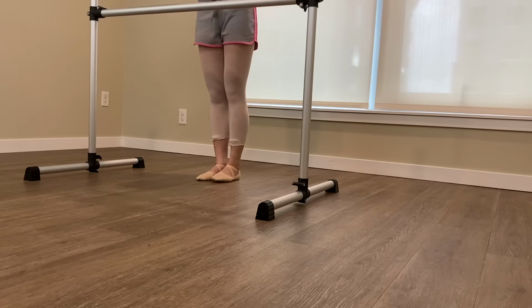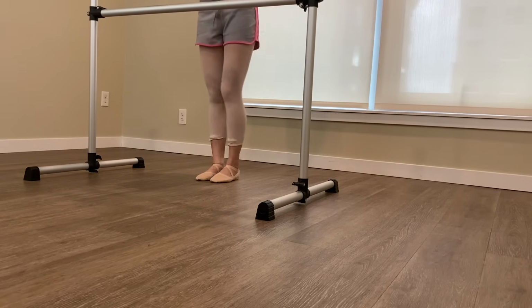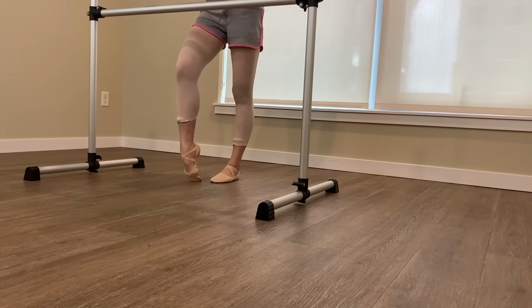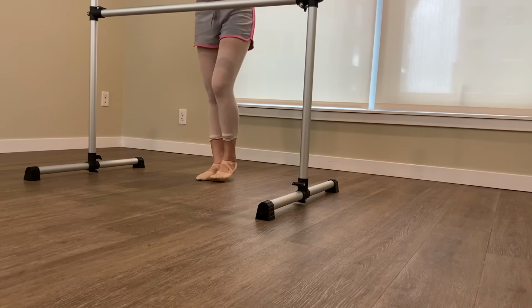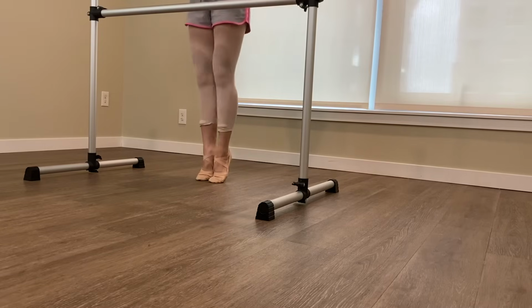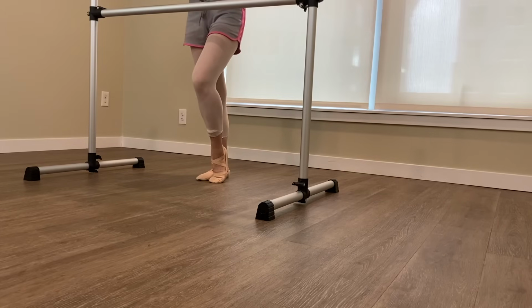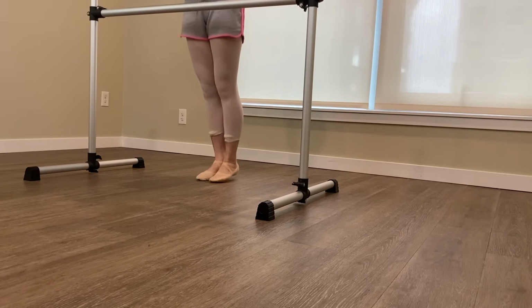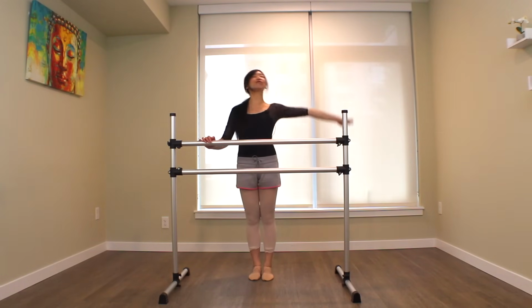We are going to do half toe, full toe 4 times. Half toe, full toe, half toe, down, switch, half, full, half, down. Again, half, full, half, down, and half, full, half, down. And then we're going to do 8 count pedals. 1, 2, 3, 4, 5, 6, 7, 8, and then 8 count eleves. 1, 2, 3, 4, 5, 6, 7, 8, and then we will stretch to the right side to begin with